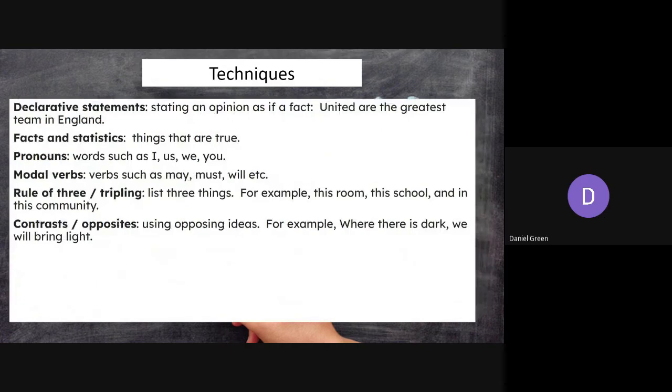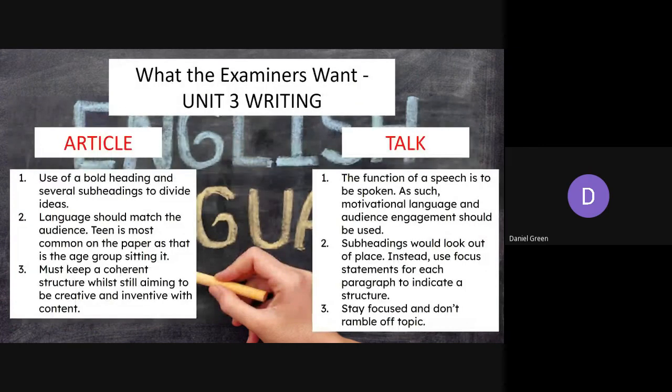So hopefully with all of those things I've talked about, that might help you on your Unit 3 paper. I'm putting this up a little bit early because I know we're about a week away from the paper. If anyone would like me to cover anything specific, or if you think I really need a recap on some of the other reading questions like summary, explain, and so on, I'm happy to do those videos. Just please get in touch, okay? And I will always respond if anyone's got any further questions.